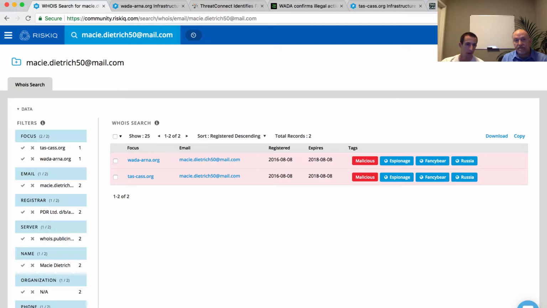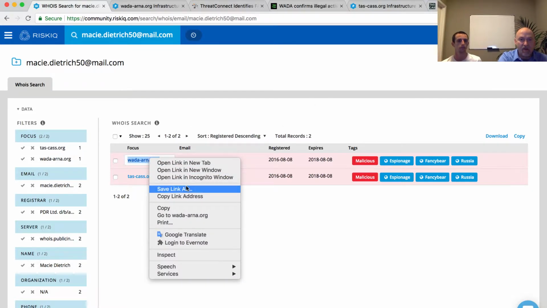It looks like wada-arna.org and then taz-cas.org. Now at the surface, all I know is these two domains have been registered with the same email address. So we're leveraging our WHOIS data set here to make this association. We can see that they were registered in 2016 and that they expired, or they will expire in 2018. So they're still valid as of today. Now, my next steps as an analyst would be to investigate each one of these independently. What else is there? So if we right-click and open in another tab,